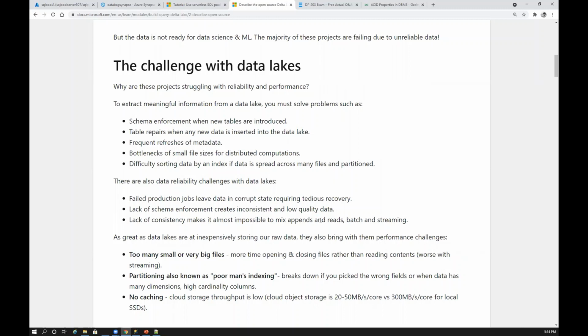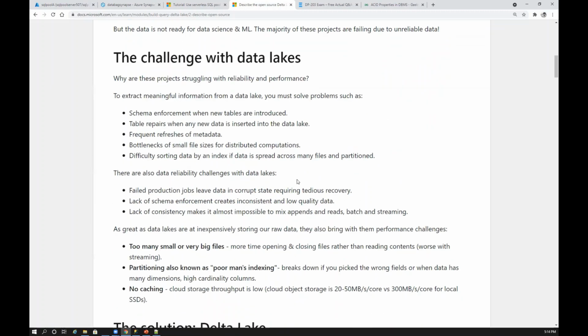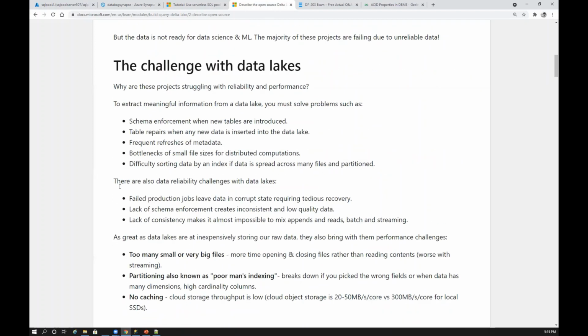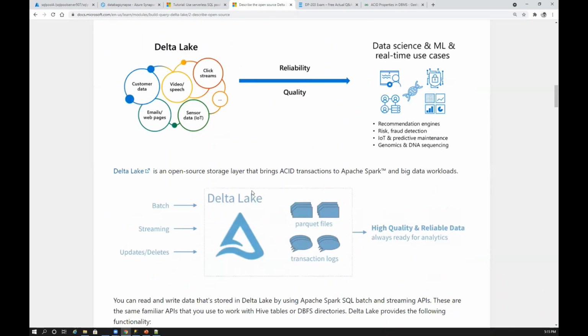Then what are we talking about here? I praised data lake like anything in the initial class, and even Microsoft did that, and they still wanted to sell this service to the customer, but they themselves say that we have challenges with data lakes. So what are they going to say to us here? They want us to use Delta Lake. So what is Delta Lake? If you've got these kinds of problems with data lakes, they're asking us to go with Delta Lake. Delta Lake is nothing but a table.